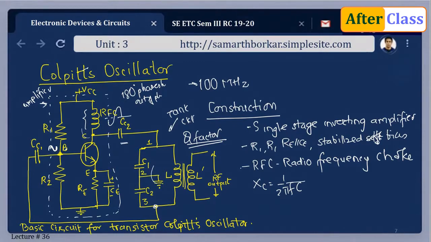The transistor itself produces a phase shift of 180 degrees. We have studied that in case of oscillators, this is the amplifier, the output is connected back, so we don't have any input signal as such. The feedback voltage acts as the input here. So both have to be in phase. If I use a common emitter circuit here, the output at this particular point will be out of phase by 180 degrees. First half it is positive, first half this is negative.